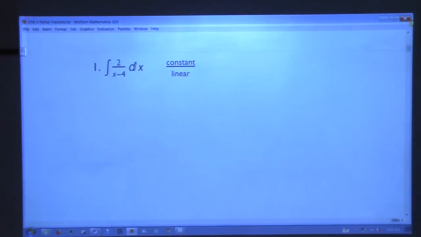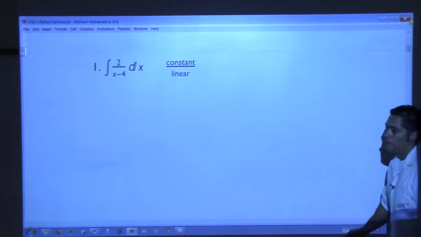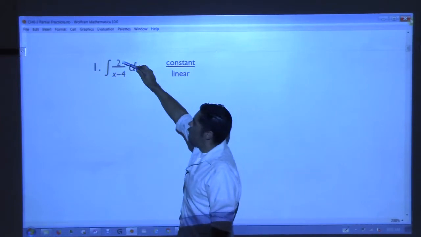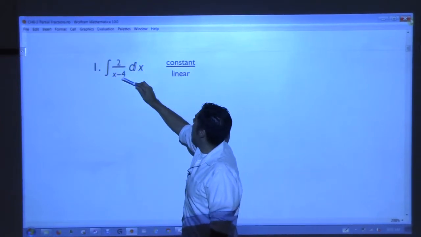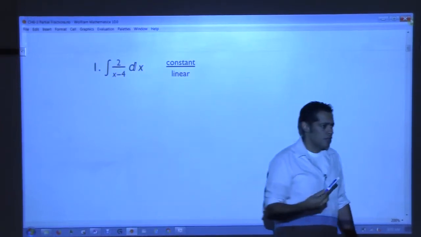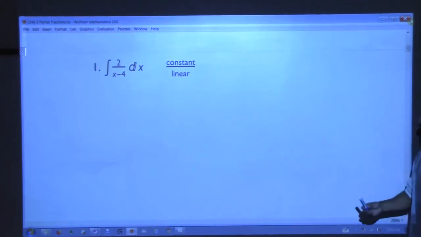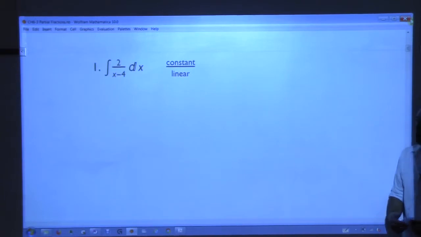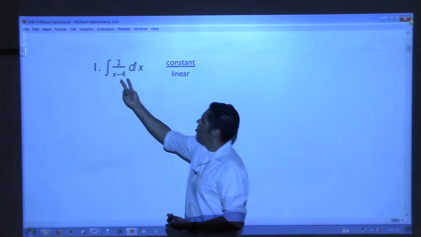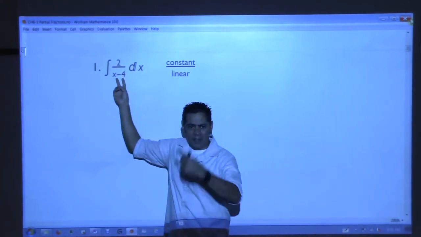What I want you to pay attention to here is the format of the integral. We have a constant, 2, over a linear expression in x. Anytime we see a constant divided by a linear expression in x, we can always make a basic U substitution. And that U substitution will be the linear expression. And the reason is because if I look at this linear expression, if I take its derivative,